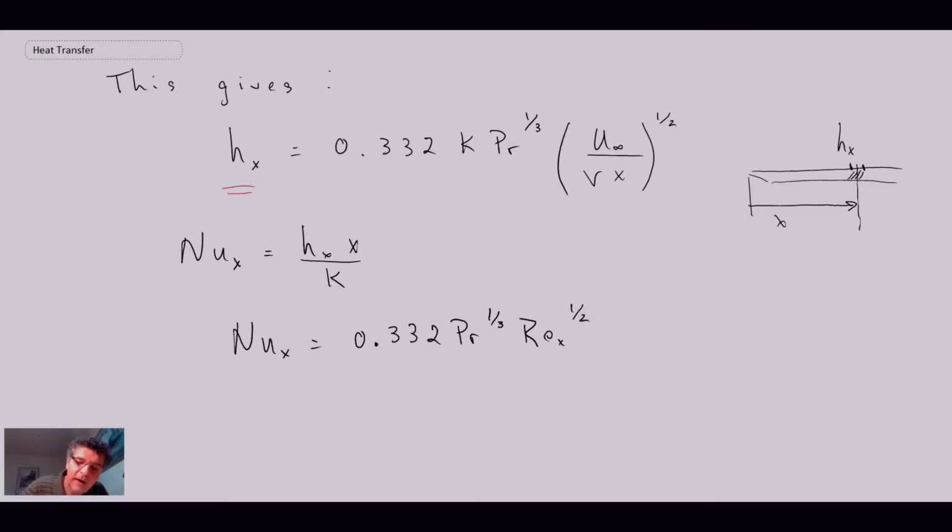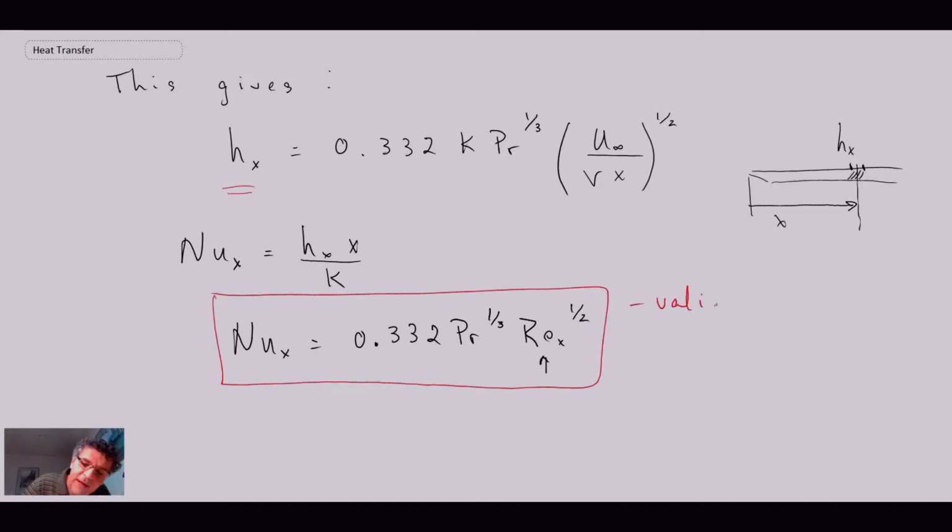And notice here, I have Reynolds number X. That denotes that the Reynolds number is evaluated at that X location. And so this equation here is valid for a laminar boundary layer. And there is a restriction on the Prandtl number: 0.6, that would be something like air, up to 50. That's the range of the Prandtl number. So what we're going to do with this is giving us the Nusselt number at a given location along our